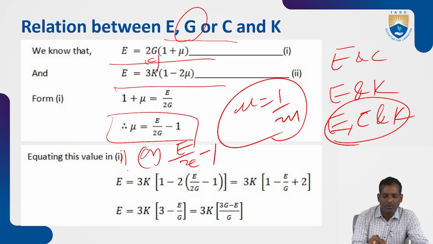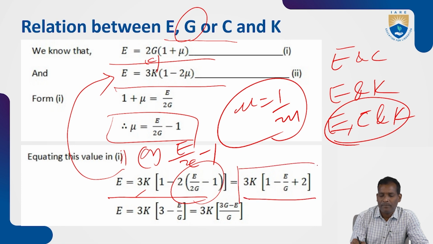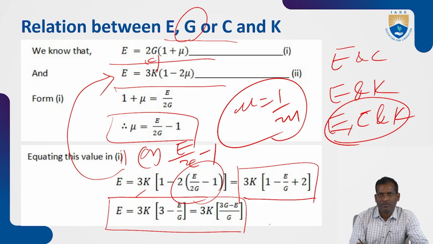E by 2G value, substitute in equation 2. Equation 2 is E is equal to 3K into 1 minus 2 mu. So 3K multiplied with 1 minus 2 mu is equal to E by 2G minus 1, that is equal to 3K into 1 minus E by G plus 2. So now you will get E is equal to